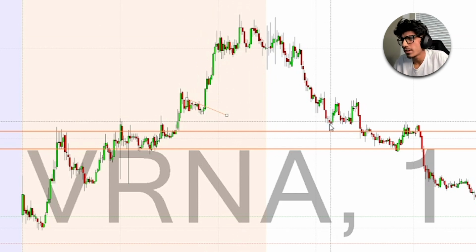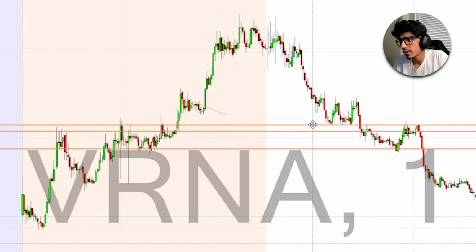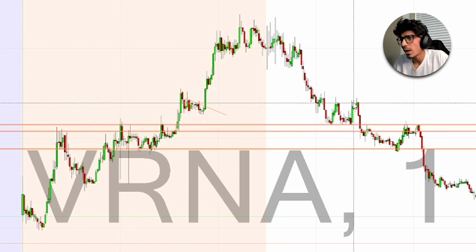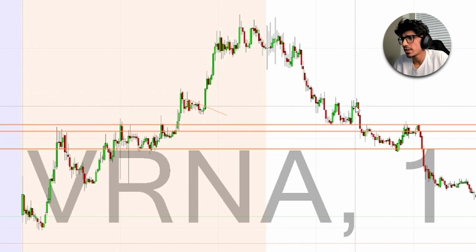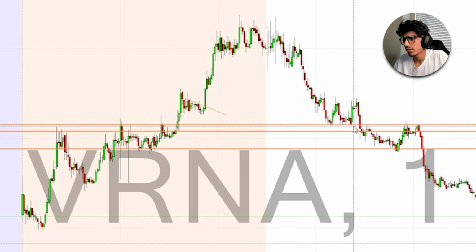Into open, I tried to play the 12.30 bounce, which was pre-market support. It was actually this bounce right here. At 12.30, we saw a double bottom, so I scalped it once over here, and then I tried to go long again because we were holding it. I wanted to see a breakout over 13, and then potentially go back to 15 plus. I got knifed on that. I almost ended like $500 red on this trade, but overall it was a good risk to reward ratio and